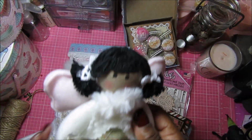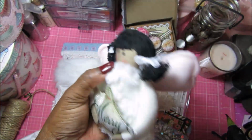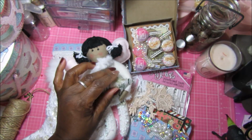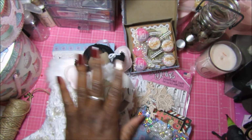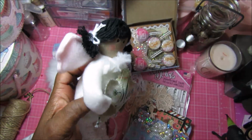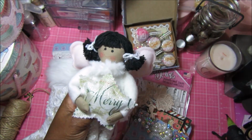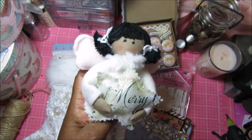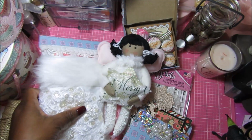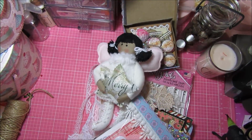It is so adorable. I cannot remember who she said made them, but she did post them on Instagram. She found something similar, I believe, at Hobby Lobby, but she could only find one, and she wanted them for projects. So then she found somebody that could make them for her, and she ordered some from that person. Again, I'm sorry, but I cannot remember who made them, but I know she did have them made. And then also in the envelope, in the stocking,